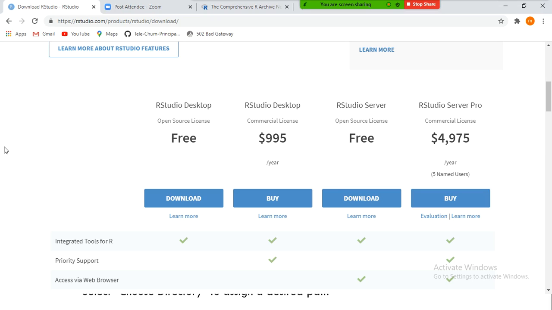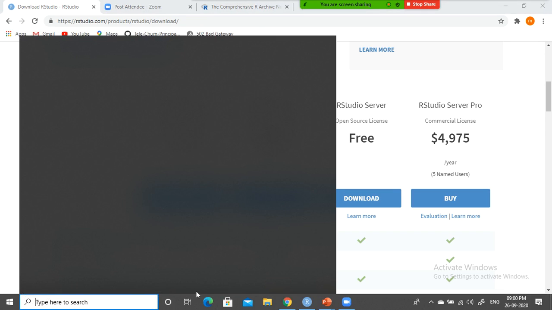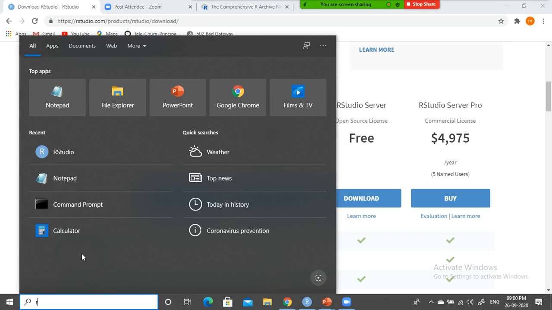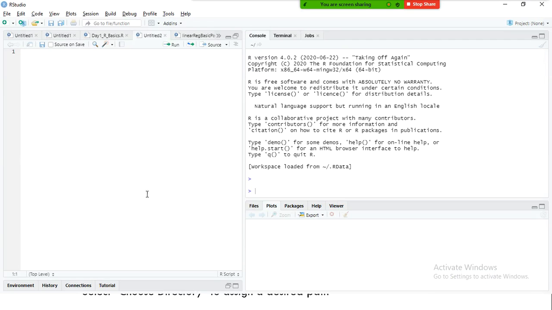Once the installation completes successfully, go to your start button and type RStudio, and click open. I already opened it. You will find RStudio something like this, the GUI or IDE or interface for R.